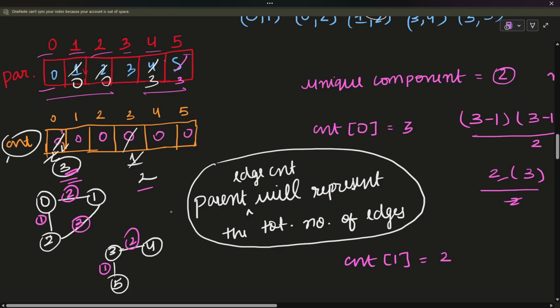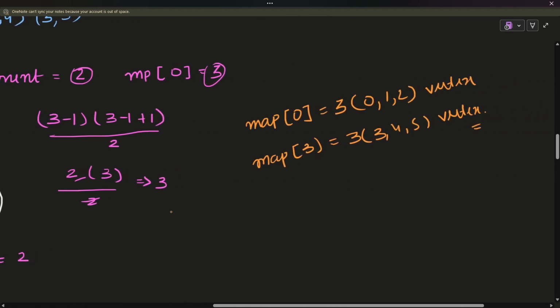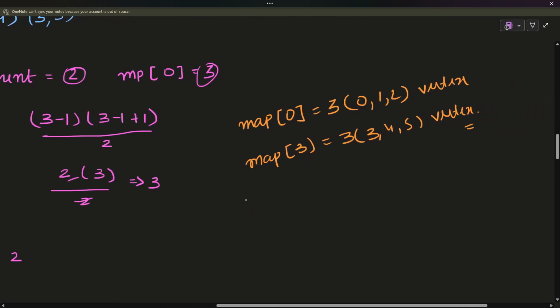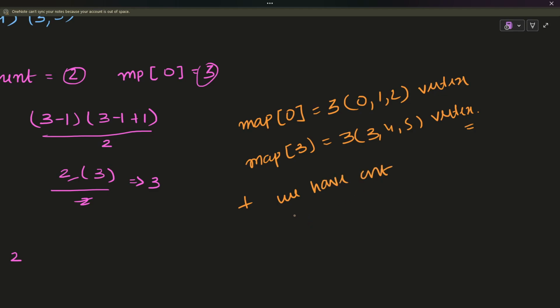So we have a count, right? And plus we have count. Let the count of 0 represent 3, and the count of 3 represents the 3 has the value 0. Okay,